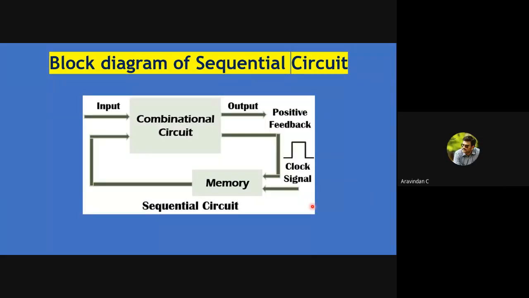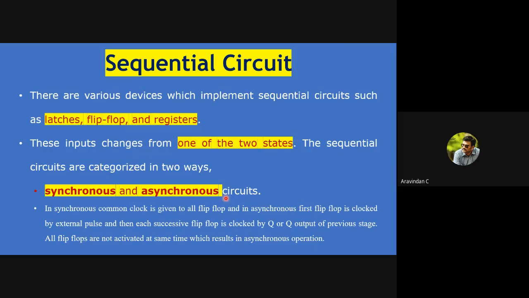And this is the block diagram of a sequential circuit. So it is a combinational part with an addition also. This is our combinational circuit where we have the inputs and outputs, but we're going to have a small feedback. We're going to connect a feedback from the output to the input. Based upon this feedback only, we're going to have that feedback process as a memory. That memory is saved for a certain time period only, not for a very long time period.